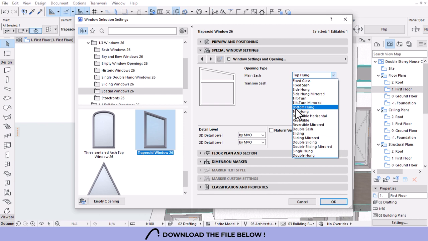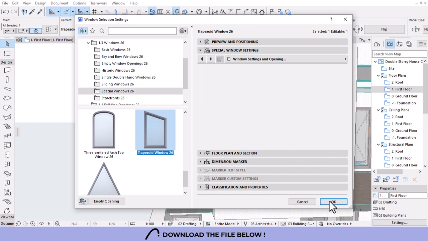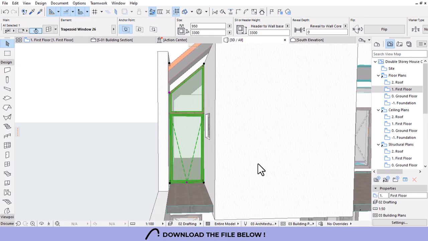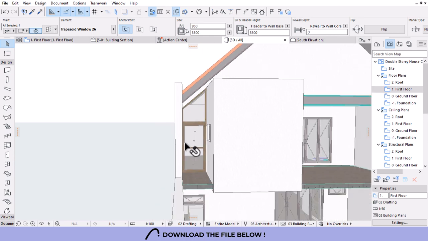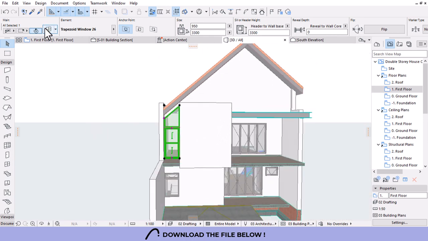or double. Let's check double hang. It's not bad. And then open the